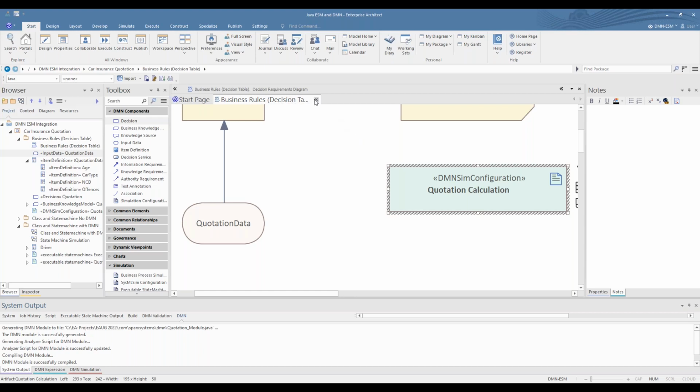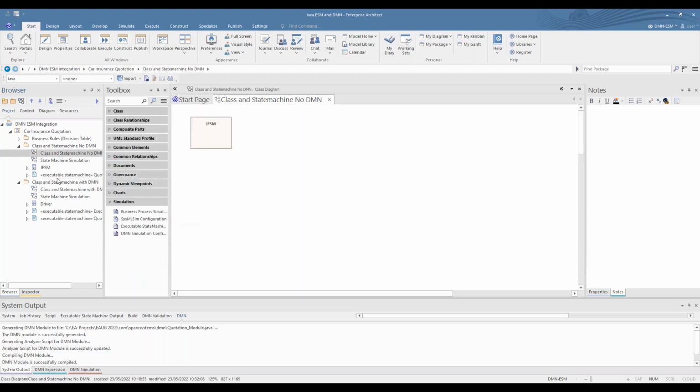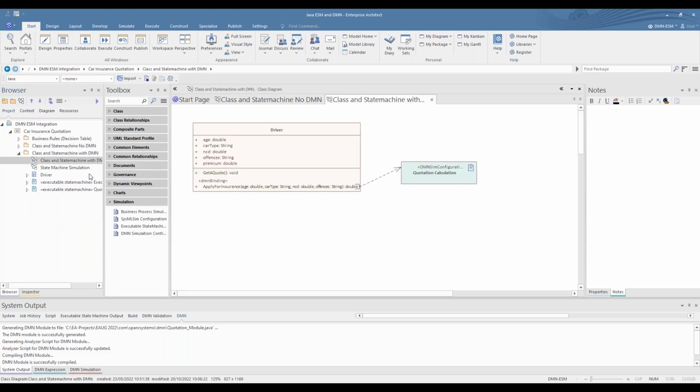Right. So I'll close this diagram down. I don't need it anymore. Although when I built this up, I built it up incrementally, to save a little bit of time today so we don't run the risk of missing anything out, I'll just open up the diagrams immediately for you.